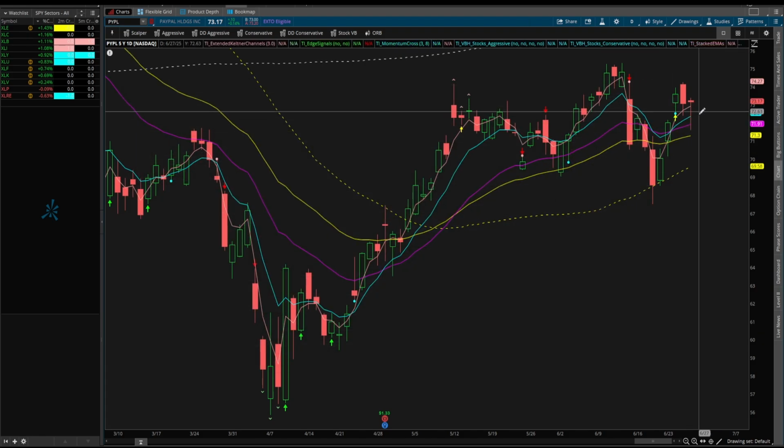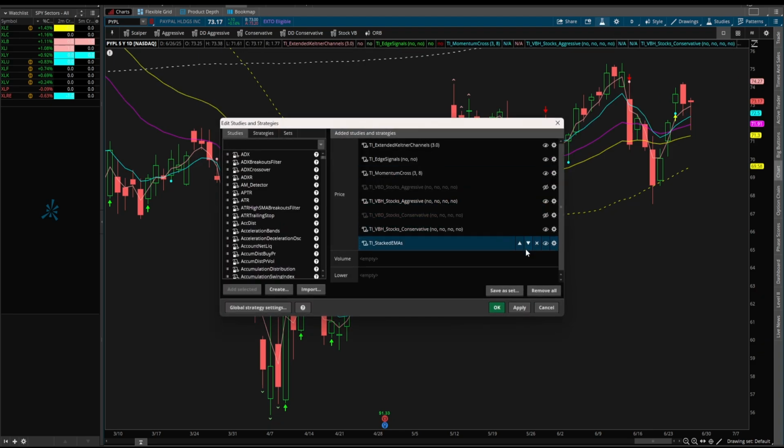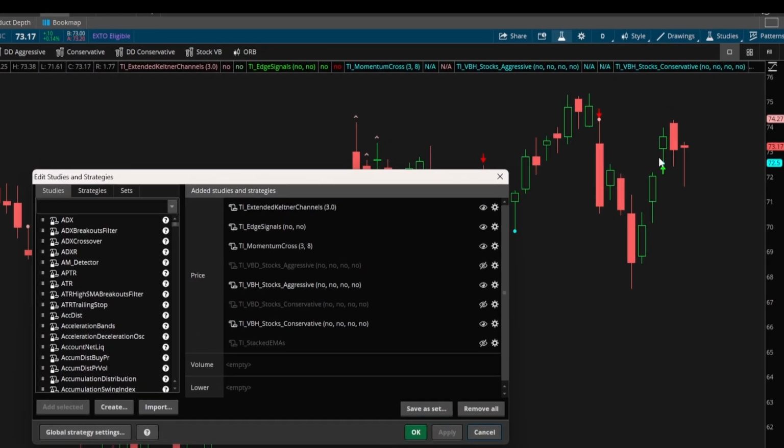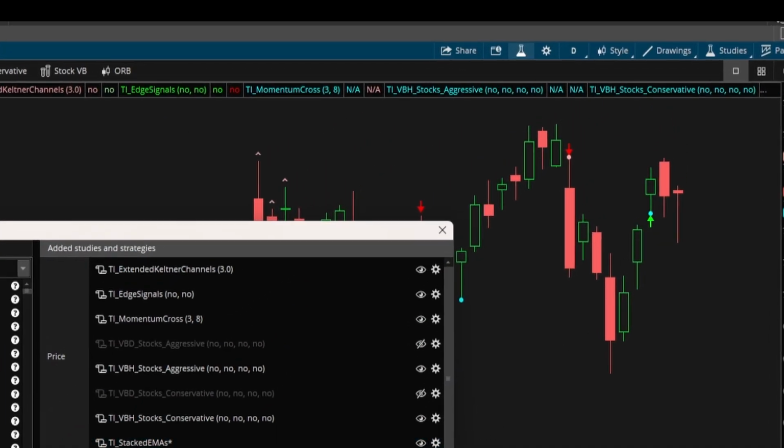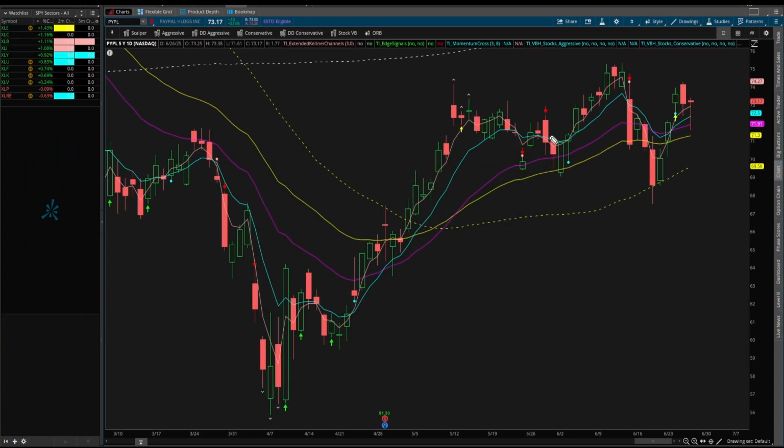3-8-21-34. So all of our EMAs here were stacked. That was our first clue. Second clue, we had a gap fill from an open gap. If I get rid of the EMAs, you can see the gap a little bit clearer. Third clue, when we had this volatility, we're pulling back into our stacked EMAs, which I think is a really